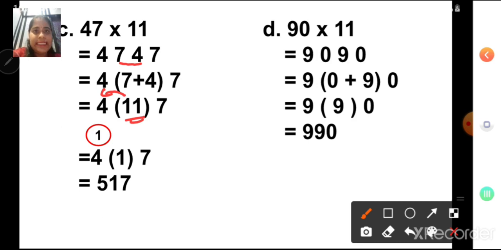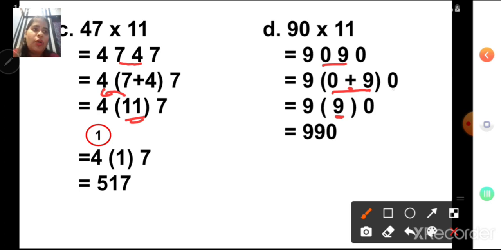The last one, the D1, 90 multiplied by 11. Okay. So again write number 90 2 times. 90 and then 90. Okay. Leave space in between while writing. Now, the middle two numbers are 0 and 9. Okay. 0 and 9. So we are going to put that in bracket and we will put here plus sign. Rest all the numbers are written as it is. Then number 9, write it as it is. 0 plus 9 is number 9. Okay. Then 0 is written at the end.